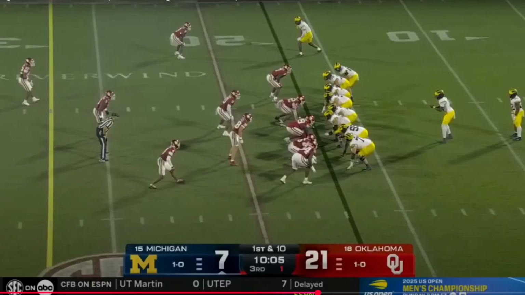All right. So with those 3 points made, I am going to go ahead and let my past self take it over for more film breakdowns. This play right here, which, again, right now I am kind of picking on Bryce Underwood a little bit. This one's much more of a nitpick than everything else we've gotten to so far here. But on this play, I just want to talk about here